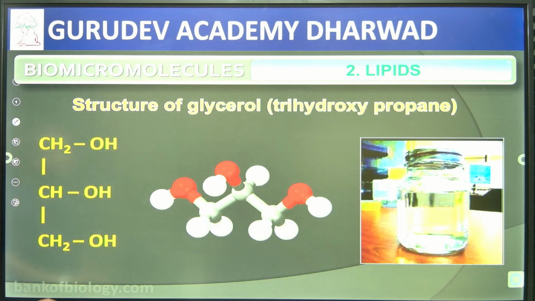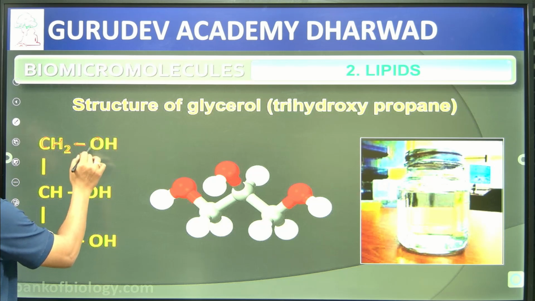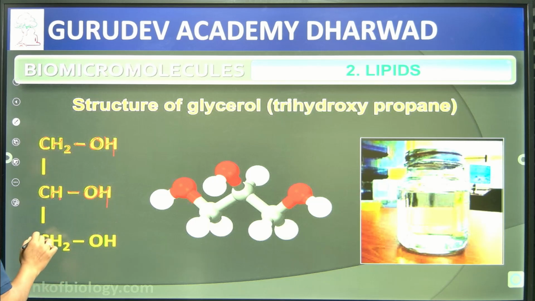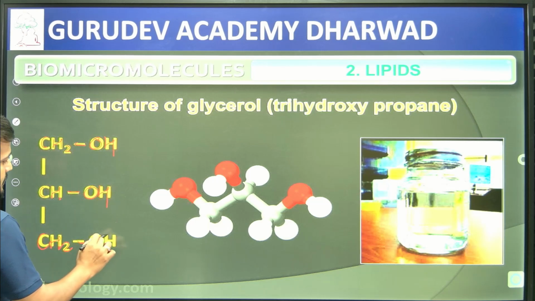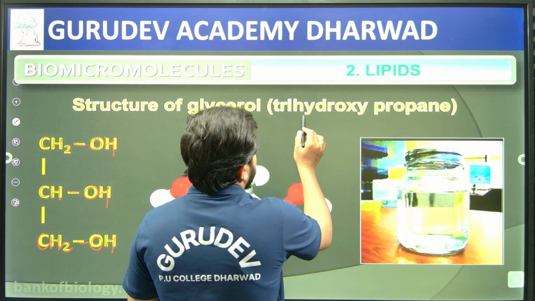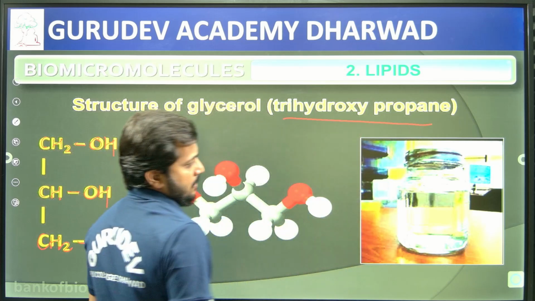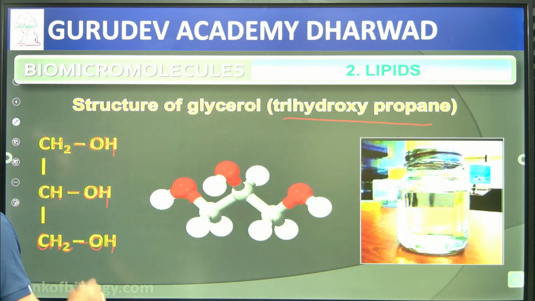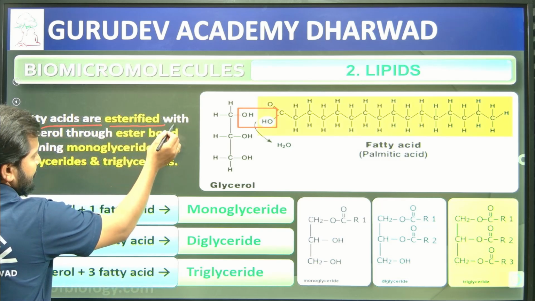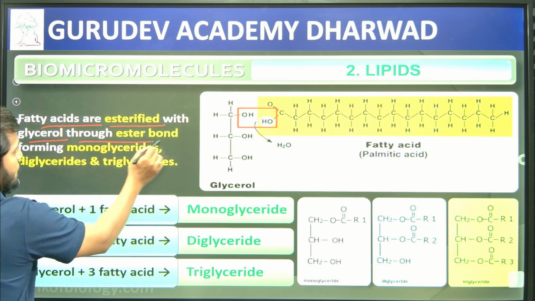Then the structure of glycerol, if you consider, this is the overall structure of glycerol: CH2OH, then CHOH, and then CH2OH, an arrangement like that. Mainly the structure of glycerol we call trihydroxypropane. It is known as trihydroxypropane, right? Now with respect to this, fatty acids are esterified with the glycerol through the ester bond,